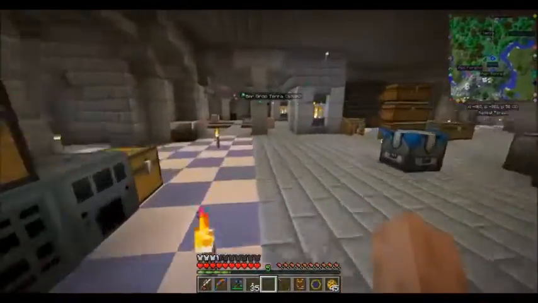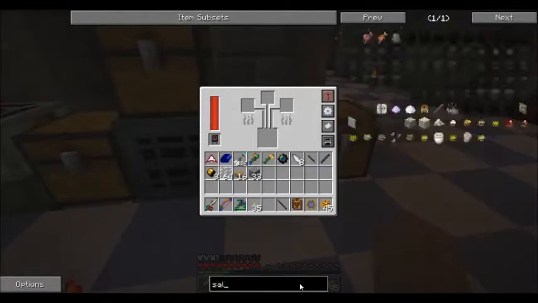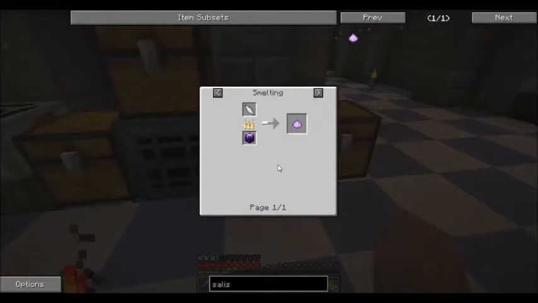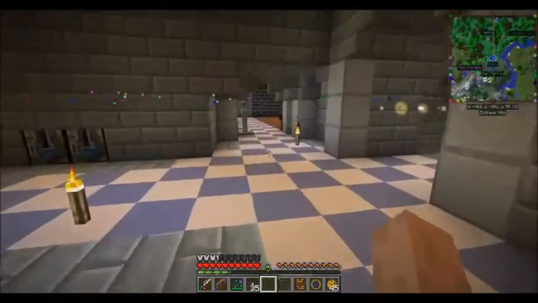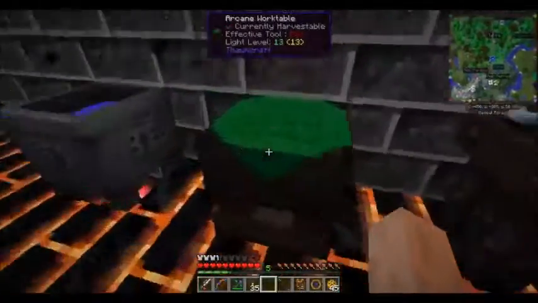One thing I'm going to show you is I need some Salus Mundus. Now if we look that up, and I'll show you what I'm going to need it for in a minute, you just get that by smelting a balanced shard. So I made up a bunch of balanced shards, throw those in there, and let those smelt up for us. Next thing I want to show you